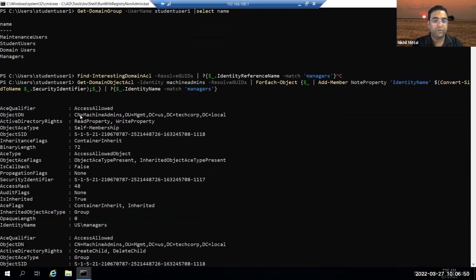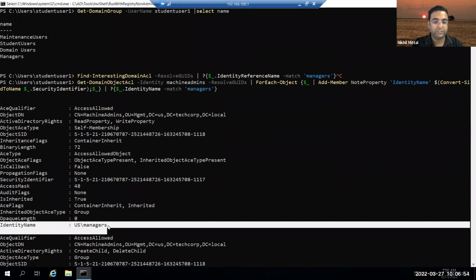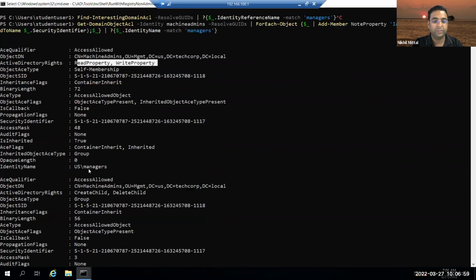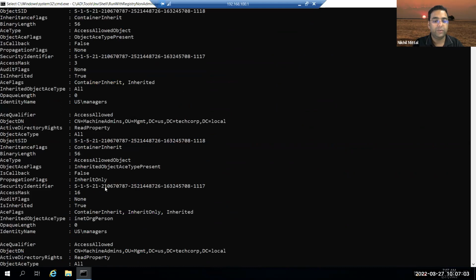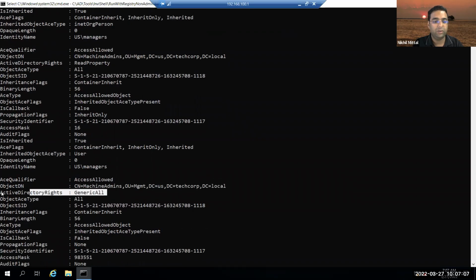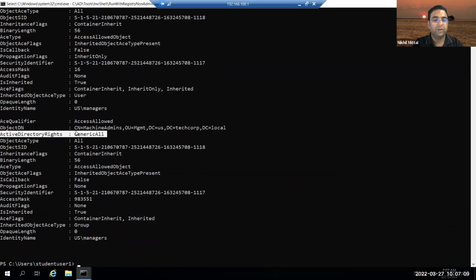So what we find out from here is on the machine admins group, the US managers group has read property, write property, create child, delete child, read property, anything else, and generic all. On the machine admins group that is part of this OU MGMT, the US managers has generic all. Is there an easier way